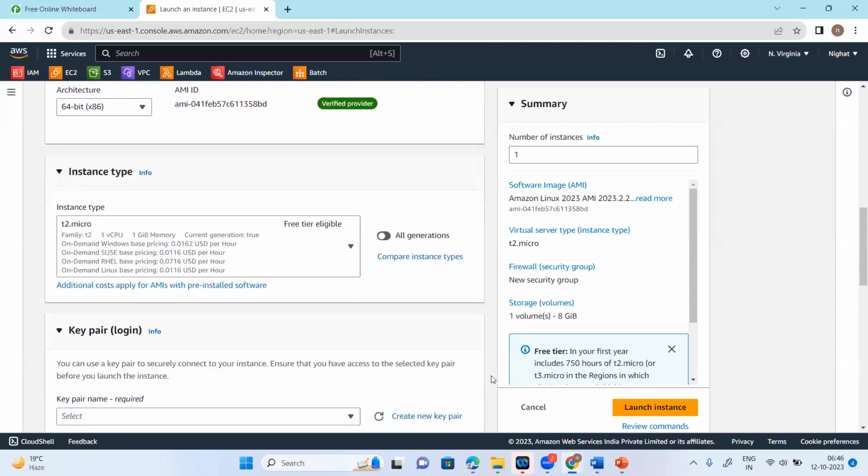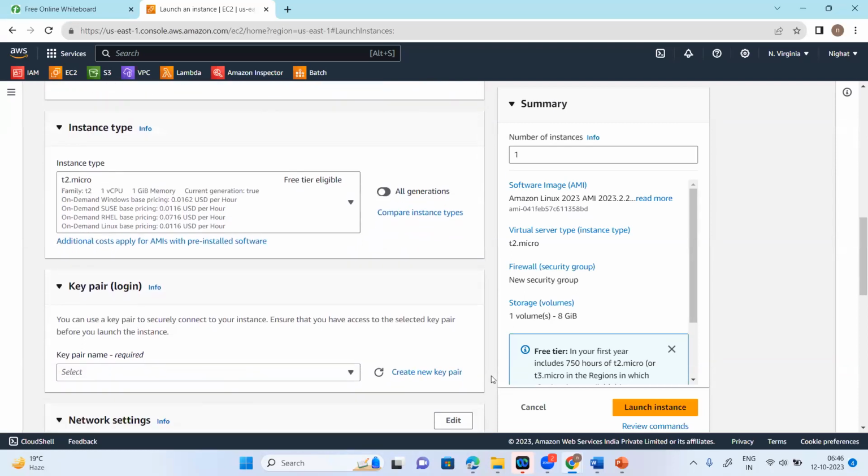Then the second option is to select the instance type, the processor configuration along with RAM. So here it is saying T2.micro. And what it is saying is family T2, one virtual CPU, 1 GB memory. So it is telling us about the processor configuration plus RAM. So here, if I say that this is T2.micro,